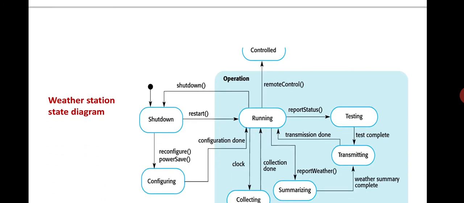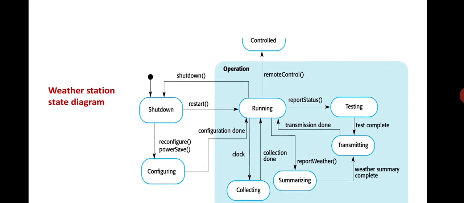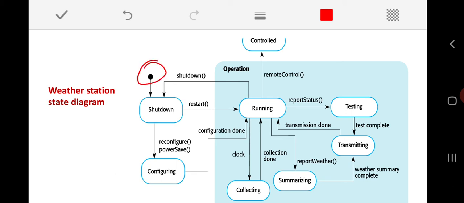So, just have a look at the state diagram that we have drawn for our weather station. In the previous video, we described what exactly the weather station is. Now, this particular diagram will show how my weather station is going to work and how its states are going to change under the circumstances of events occurring. This is the beginning of the diagram, from where the weather station work will start. Initially my weather station will be in the shutdown state. Is it clear?